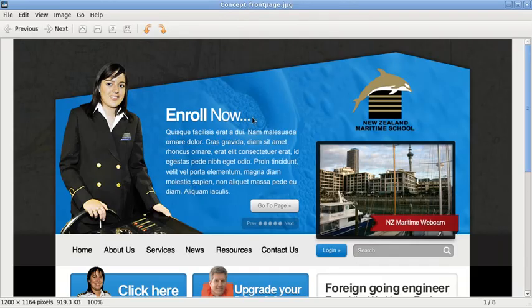So this area here is called a feature box, and the nice thing about this is you can do a promotion and upload it yourself with a photo and some text and change it monthly. So in the beginning of the year when you're taking new enrollments, you'll probably want to do an enroll now call to action or feature, and what happens is it automatically drops down and then shows the next feature, and if the user wants, they can click next or previous to see the different promotions